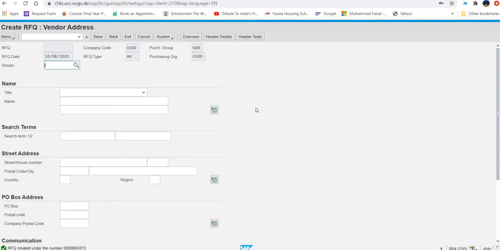So it's a very simple step. Only thing is that you have to be very careful. Read the exercise carefully. So what I did, once I create one RFQ, I remain on the last screen and search two vendors individually one by one and create two more RFQs. So now we have three RFQs available.